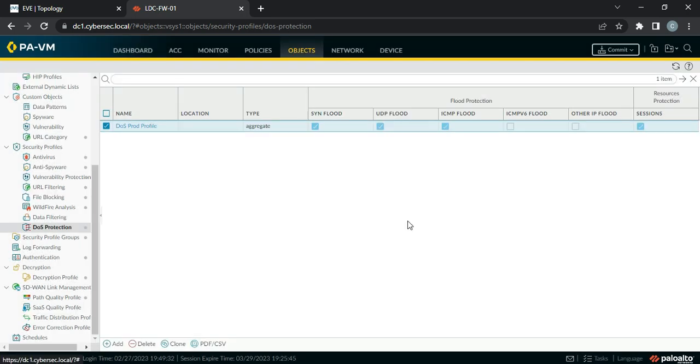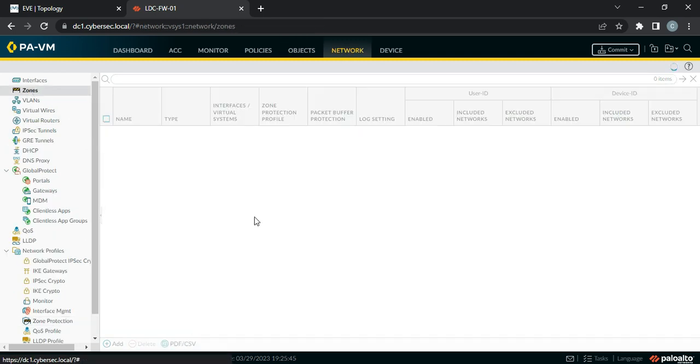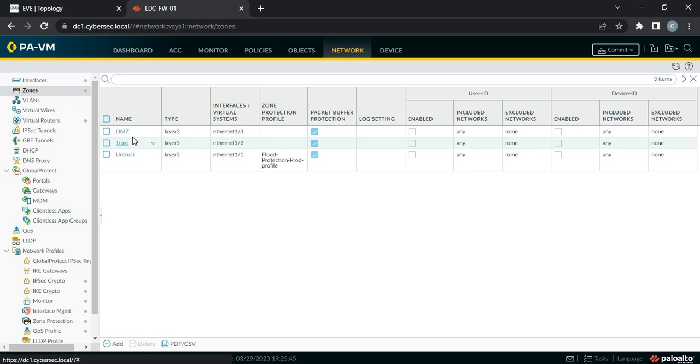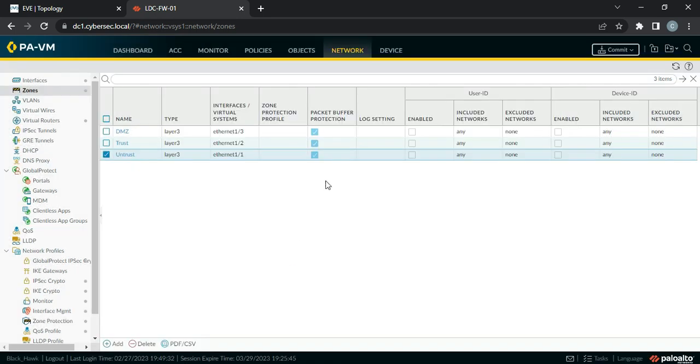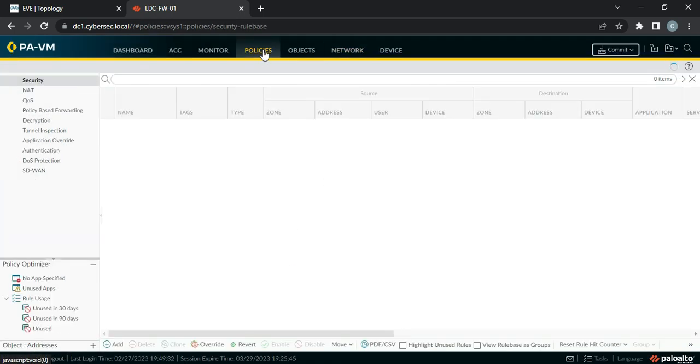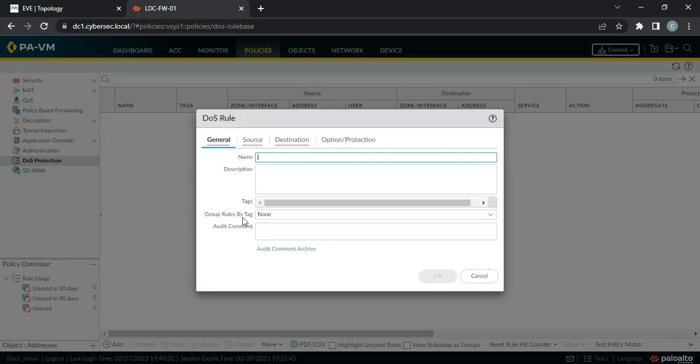So we have created this, and just disable the zone protection, because otherwise zone protection will be activated. So let me remove zone protection. Just make it none. Okay. And now go to policies and just go to DOS protection. So you need to just create a rule and give it a name, add. DOS